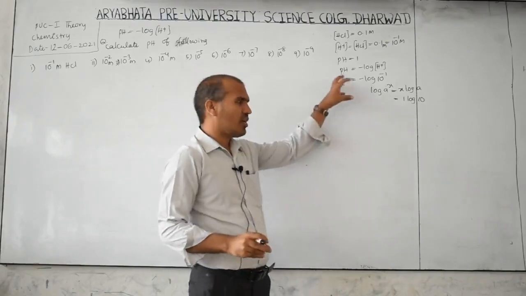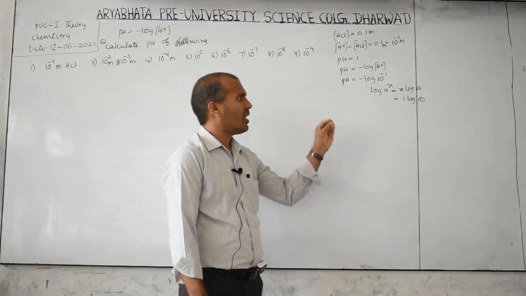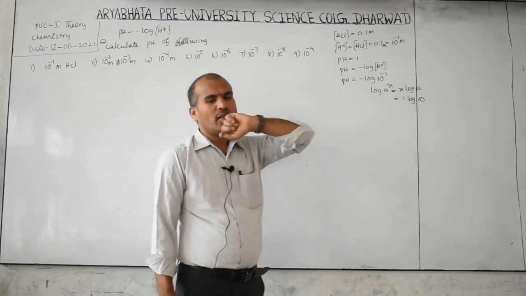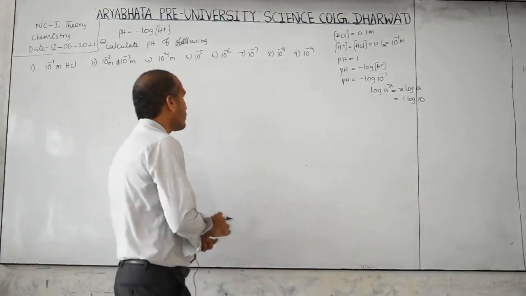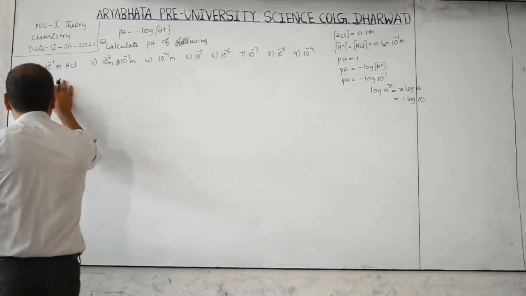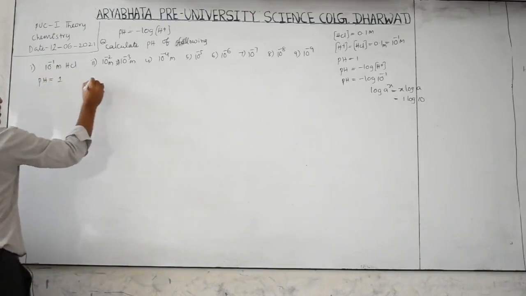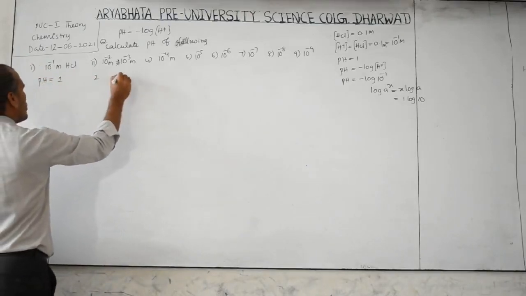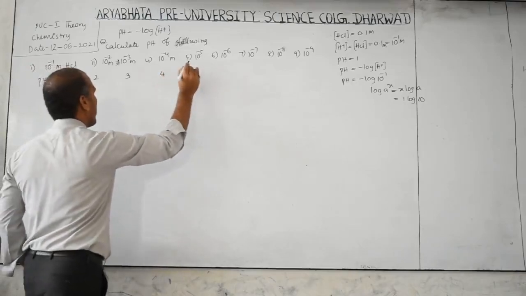So like this directly we can write. Always writing with this representation is a time-taking process. So one or two problems I will solve like this, the remaining I will write directly. So keep in mind, you should calculate fast. So same way here. Directly I want to write here, pH is equal to how much? 1. Here pH is equal to 2. Here pH equal to 3. Here 4. Then here 5.